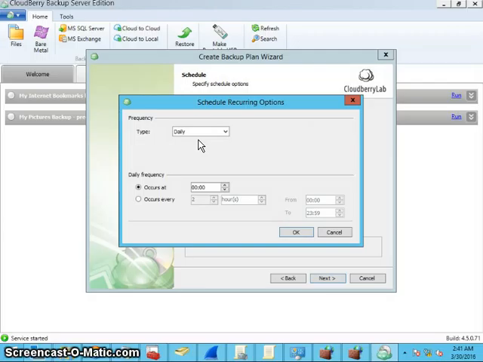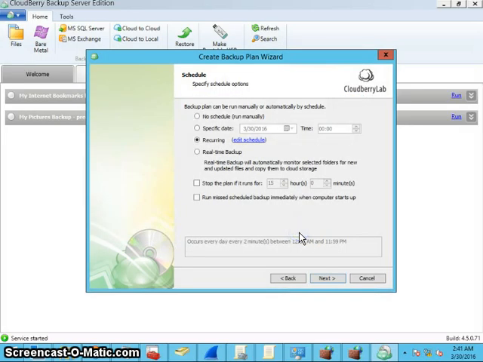So just to show right now, I'm putting it on daily and occurs every 2 minutes, just to show how the backup works. I keep the time as it is and I click on OK, and then click next,